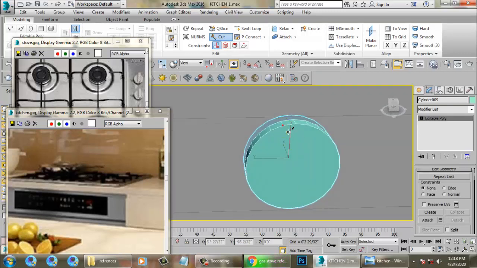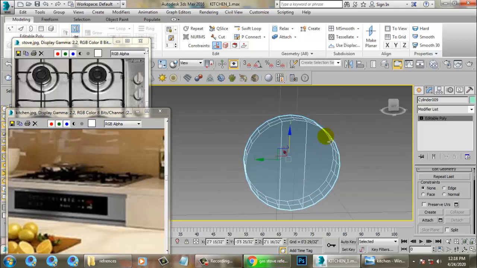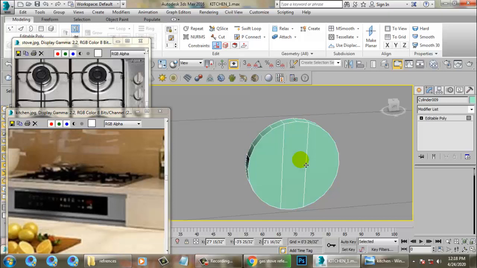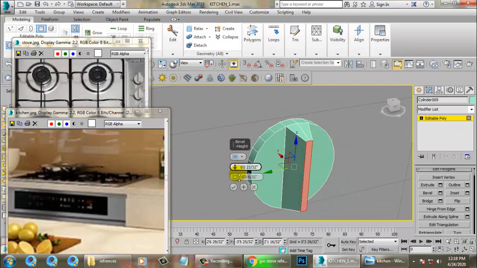Color mapping, make it exponential. GI, we activate the primary engine and secondary engine. And irradiance map, let's make it medium. Subdivisions, you can increase to 160 by 60 around here, and let's see.